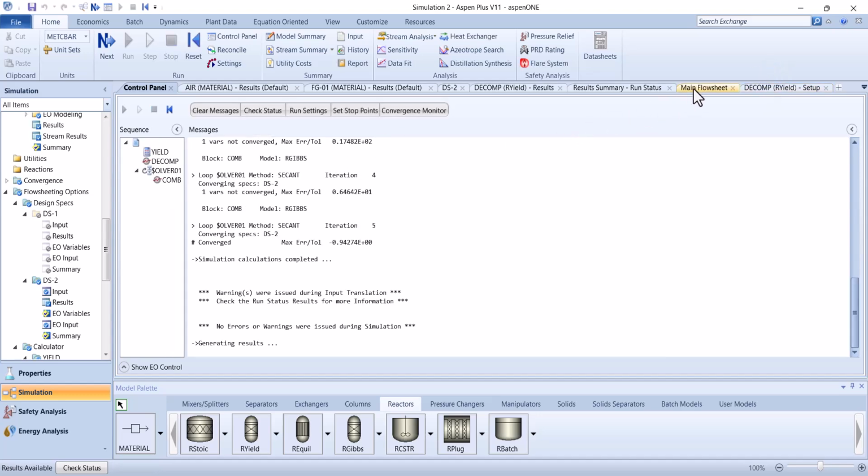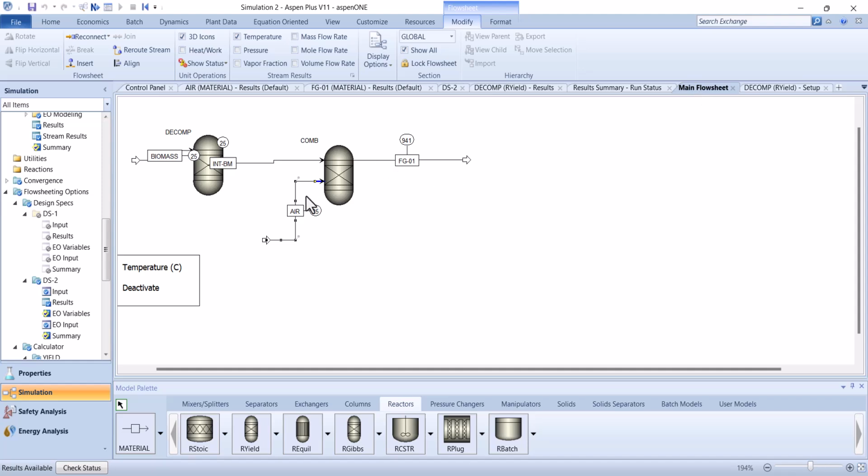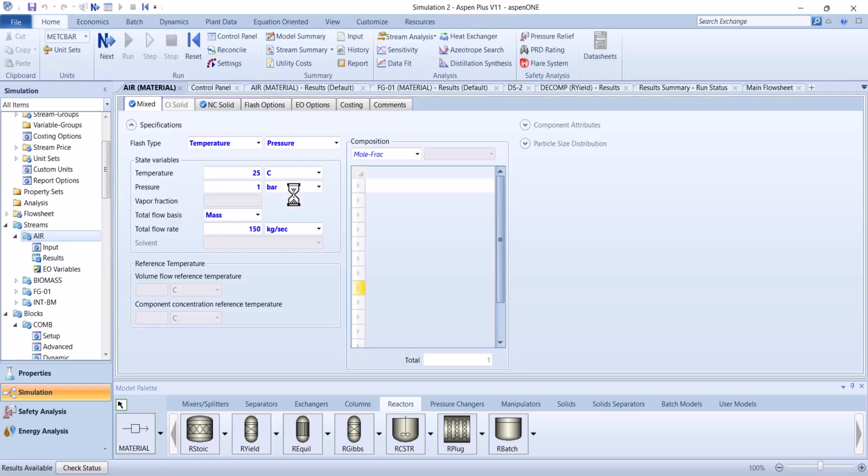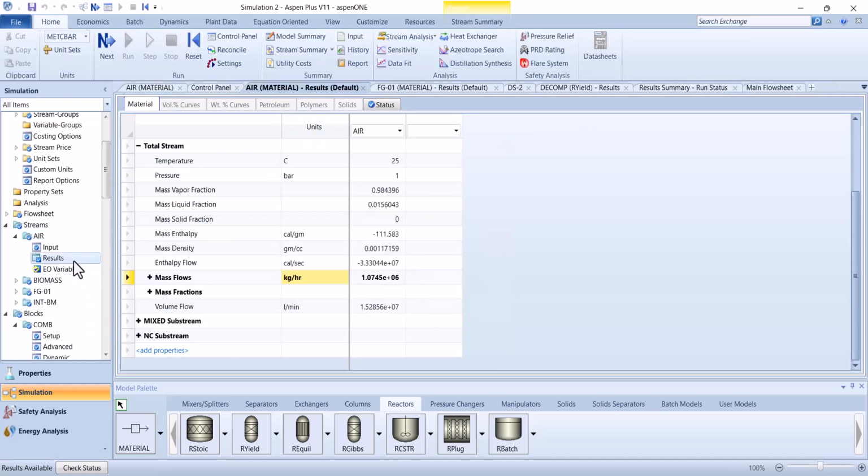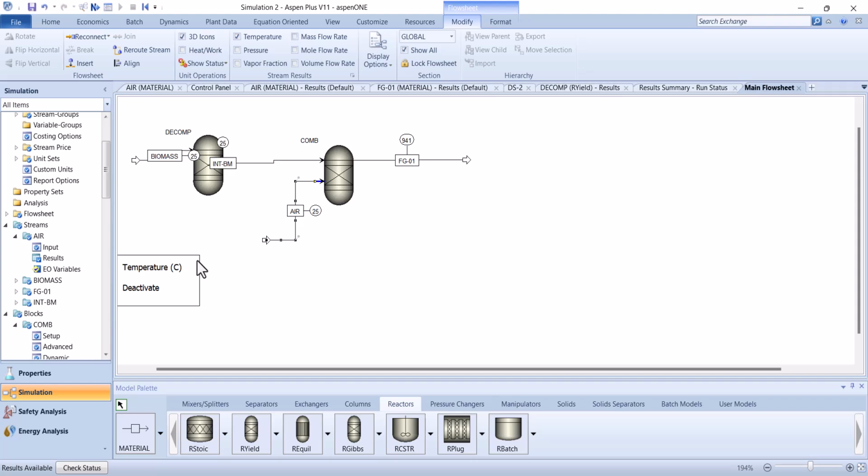So the model has been simulated, and you see temperature is now 941, and we can see the amount of air it required to achieve that temperature. Very high amount of air, 298 kilogram per second. So these are just small things you can do, and you can see how much is the stoichiometric amount of air required, that you can also do with a calculator block. So if you need me to do it, I will do it also in some other exercise, but instead of this, now we can check how much